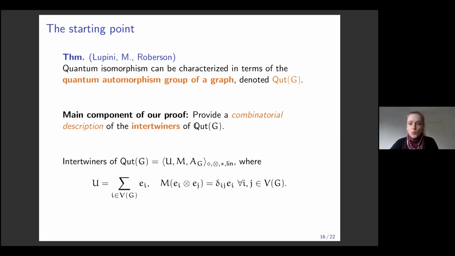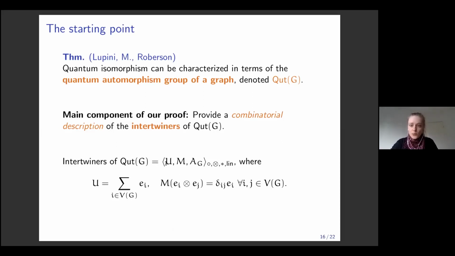Specifically, we look at the intertwiners of this quantum group. And what we do is we provide a combinatorial way to understand these intertwiners. Again, I'm not going to start from the first definition of intertwiners. What I'm going to use is a very nice characterization by Chassagnol of these intertwiners. So Chassagnol showed that all the intertwiners of the quantum automorphism group of G can be generated in the following